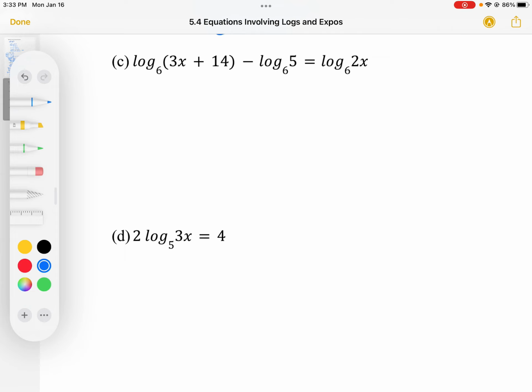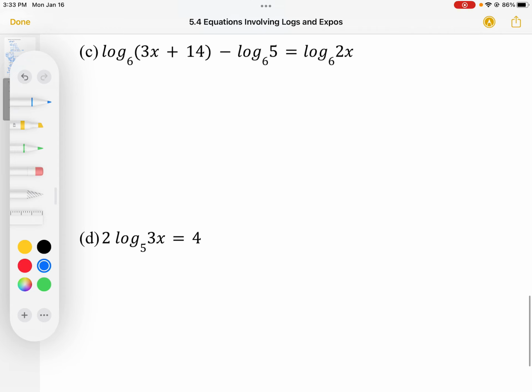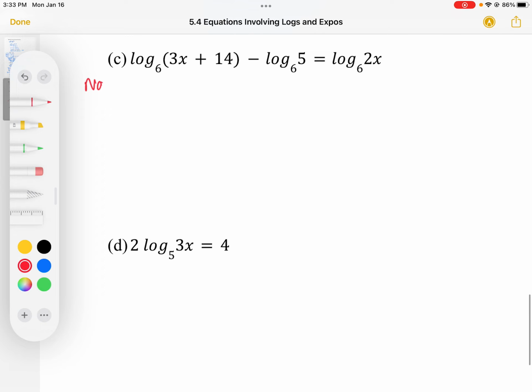So you can see in this equation that we do not have one expression on either side of the equal sign right now. So we cannot use the one-to-one property. I want to make sure that you do not use the one-to-one property unless there's one expression on the left and one expression on the right, and they both have the same base. So what we need to do here